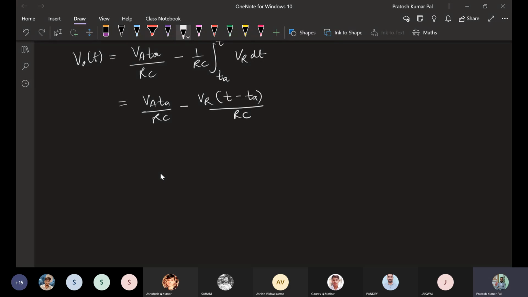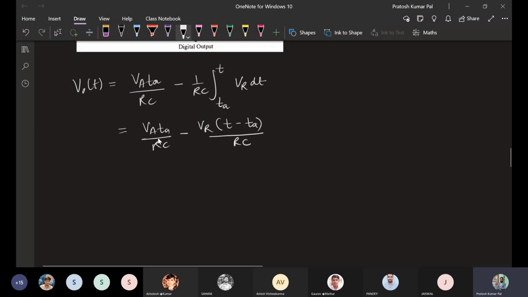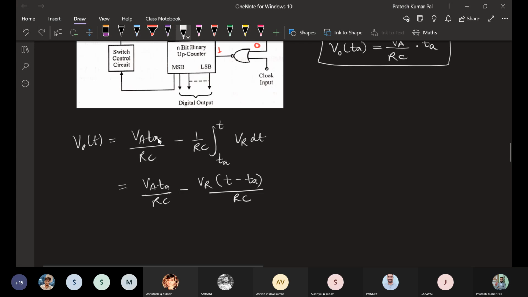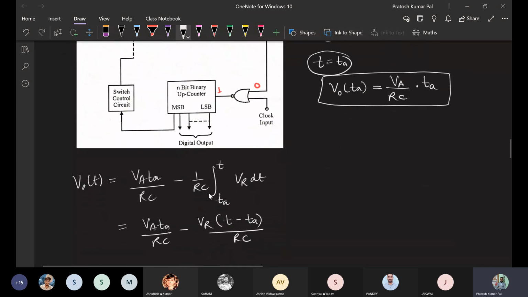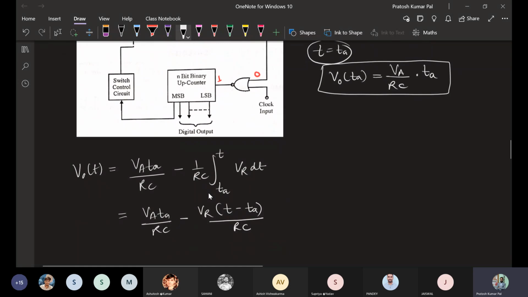Once the curve is going to switch downward, it will become 0, which changes the output of the comparator to a high state. So if this becomes 0, then the other becomes 1, and when this is 1, this will be coming out to be 0, and then this will stop the counting. Okay, so the counter will stop, and that will be the end of the operation.